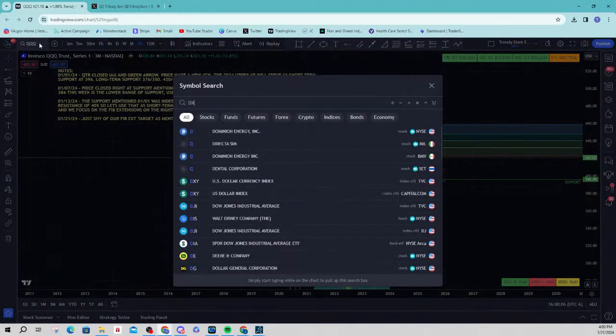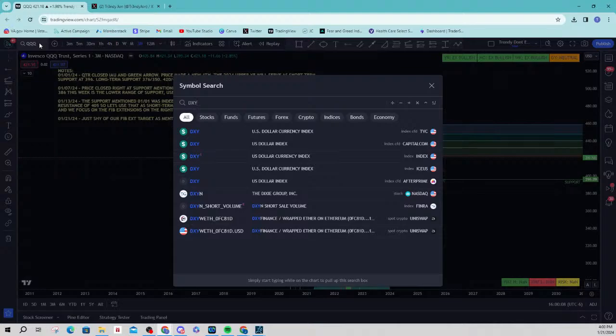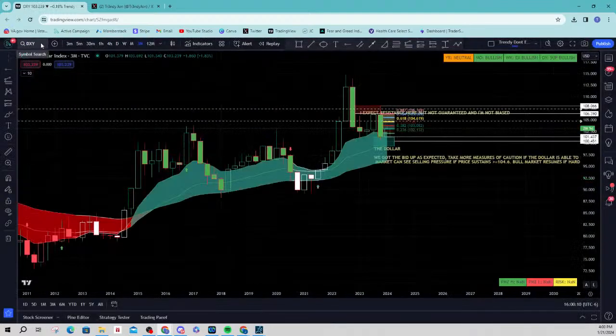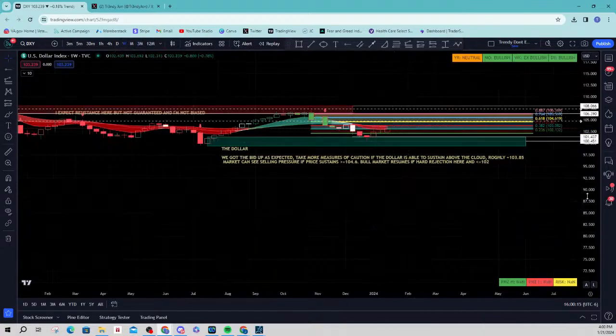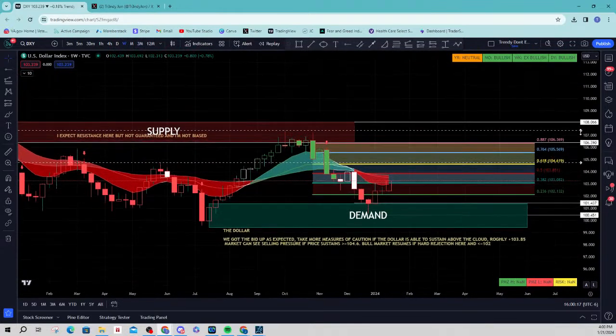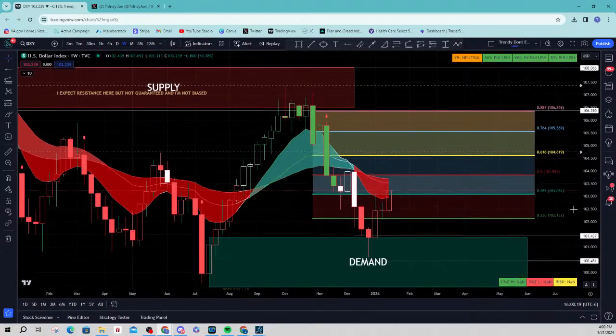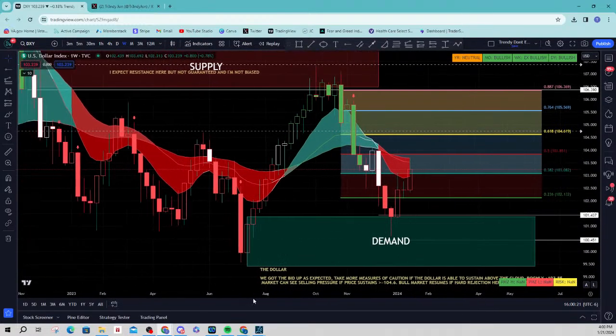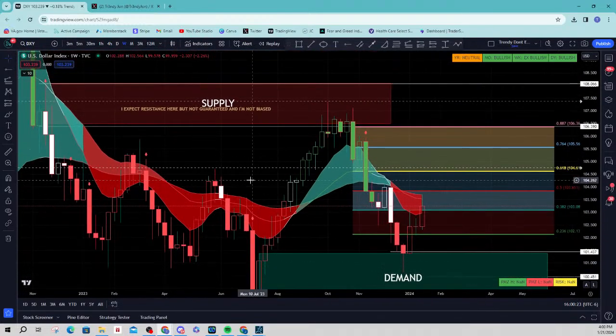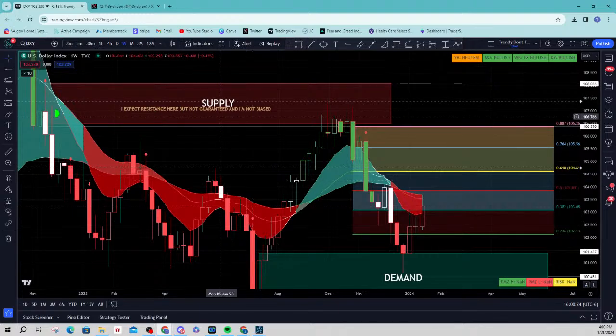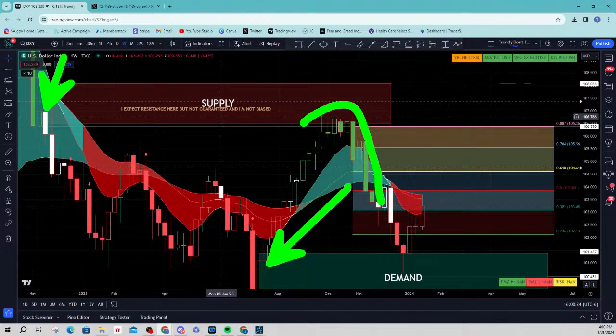That is your dollar. And this is really important. Basically, listen, if the dollar's going up, beware on the long side. I don't use a quarterly here. I'm going to break it down into a weekly. We'll talk about this really quick. And as you guys all know, you've been big fans, big support, and I really appreciate that. So you probably heard a lot of this stuff before. We hit our supply zone a long time ago. It worked like we expected it to. It broke down. It came into the demand zone.